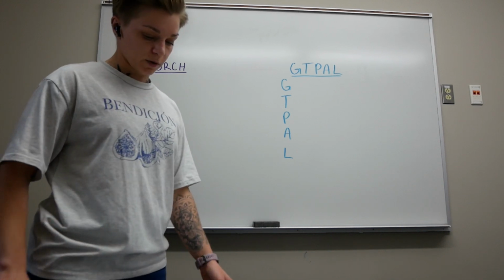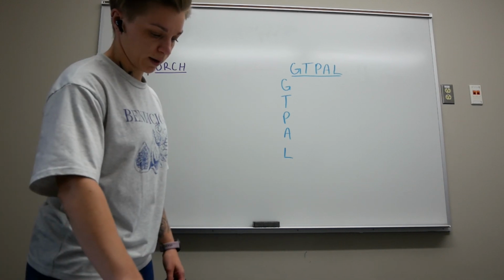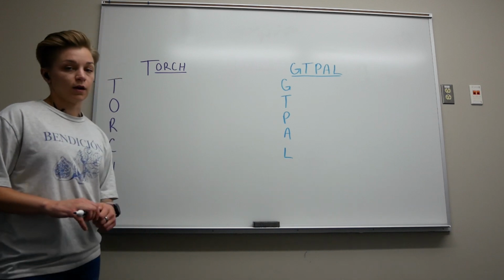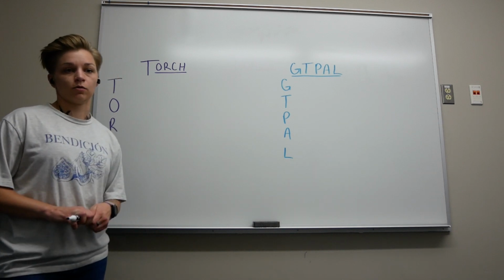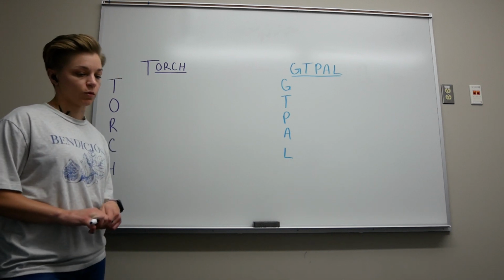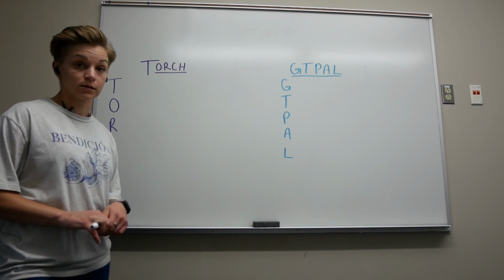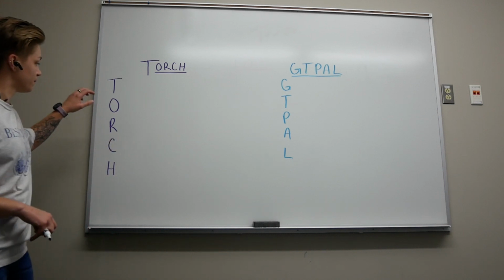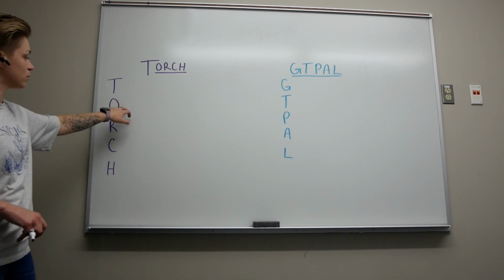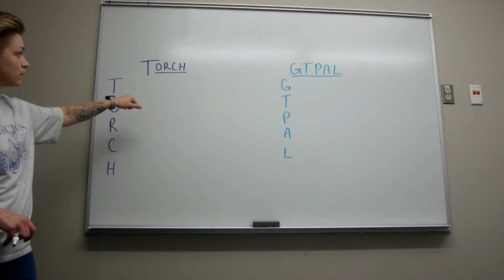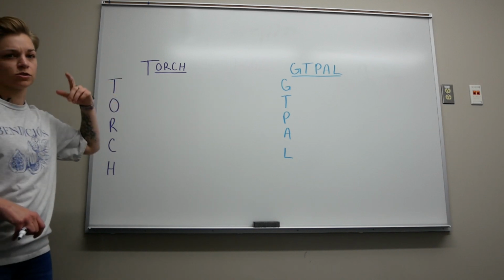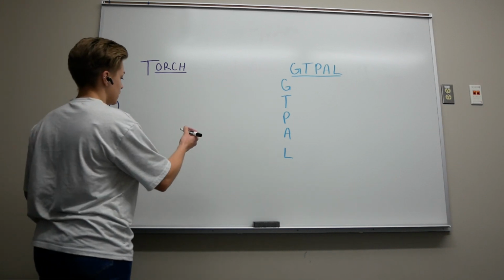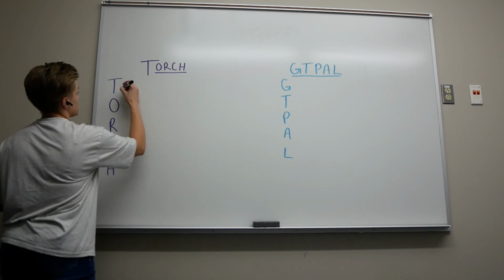So the first one that we're going to go over is the TORCH mnemonic. Now, these are infections that a mother can have that will cause birth defects or congenital defects in newborns. So we're going to go through each and every one of these. I did the O a little bit differently than class had done, because this is just something that made it easier for me. So the first infection is going to be